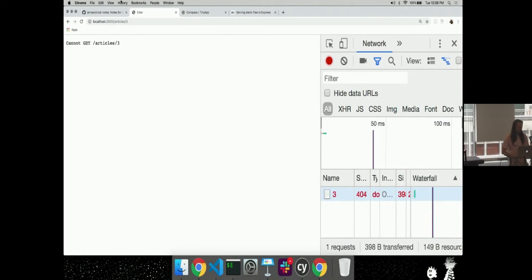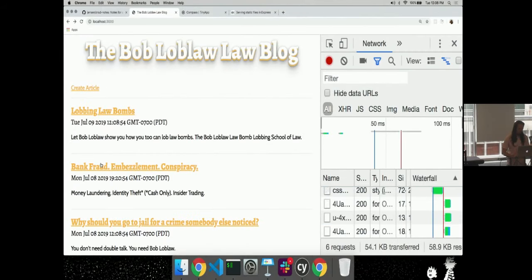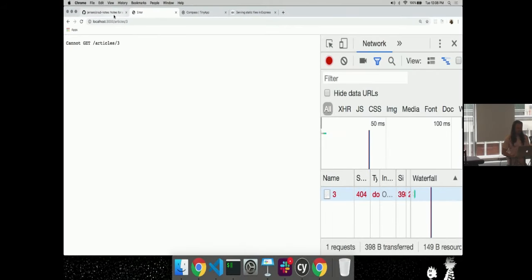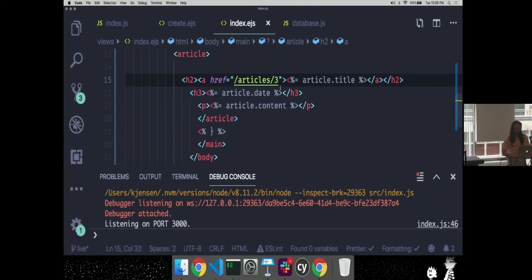It goes to that URL no matter which one of these I click on. So I need to definitely use another variable, which is our article.id, to represent this value up here instead, right? That's much better now, because when I click that link, it'll go to 3, 2, or 1, depending on which one it is.